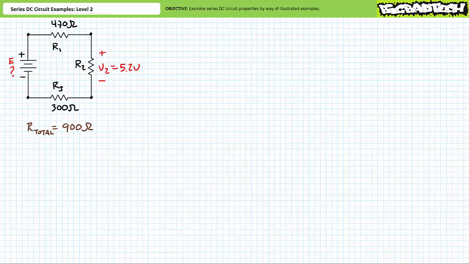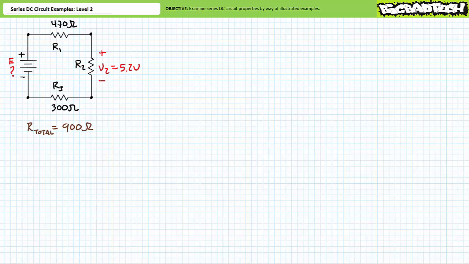Our next illustrated example problem features a voltage source of unknown magnitude supplying power to three series resistors. R1 having a value of 470 ohms, R2 has an unknown value, and R3 has a value of 300 ohms. We additionally know that R2 is experiencing a 5.2 volt drop, and the total resistance seen by this source is